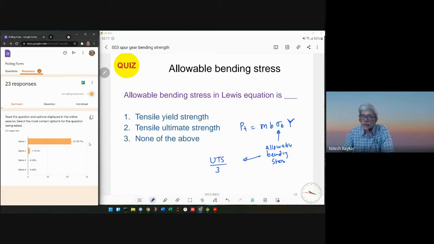So it is taken as the ultimate tensile strength divided by 2. So rather than assumption, for the textbook or the student purpose, if you look outside, everybody will have their own criteria for deciding the bending strength, the allowable bending stress. For the purpose of this course and from the textbook, we are considering this bending stress as UTS divided by 3, which means that this particular answer, the second answer,